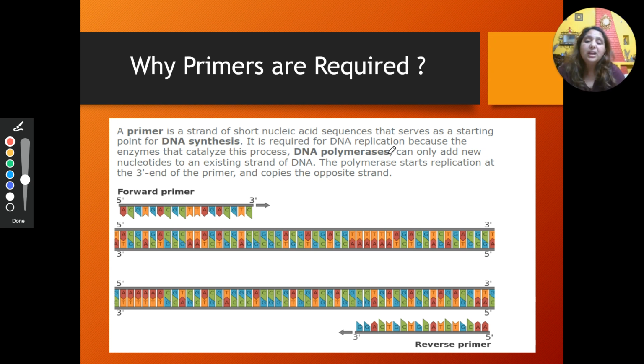the nucleotides. So therefore we need this short sequence called the forward primer or the reverse primer, in an artificial environment or inside the living organism during DNA synthesis. To this existing strand, the DNA polymerase can bind and carry out the addition of nucleotides at the 3' end, both at this location as well as at this location. So that is why